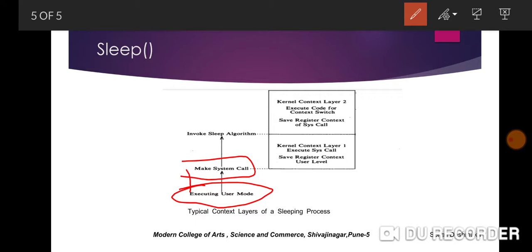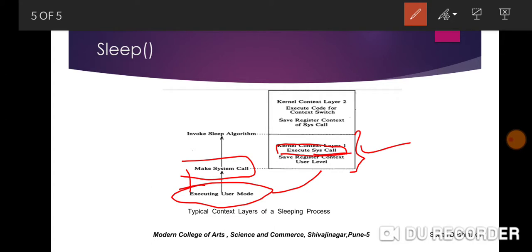So we can say the kernel's layer 1 is created, and we have to execute the system call. In this particular layer we save this process's register context and user level context, and we start with this particular system call.